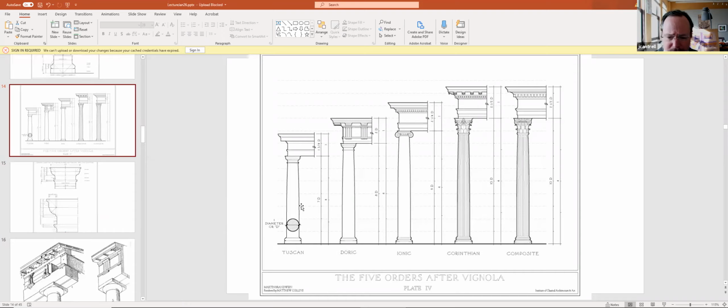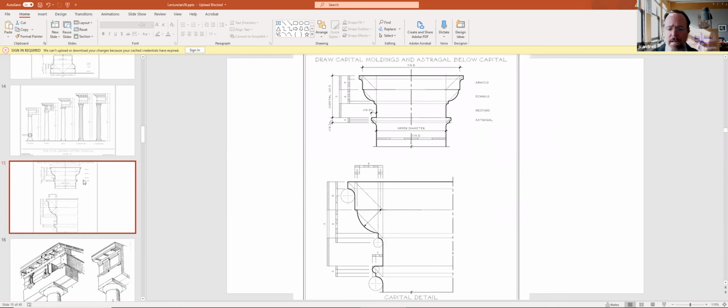So in other words, 7 diameters fit to make the Tuscan order the height of the column. 8 diameters just add up to the height of the Doric column. The same thing with Ionic, it gets 9, and then the Corinthian composite is more like 10 diameters. So when you look at this chart or this diagram, what they're showing you is each one of the little